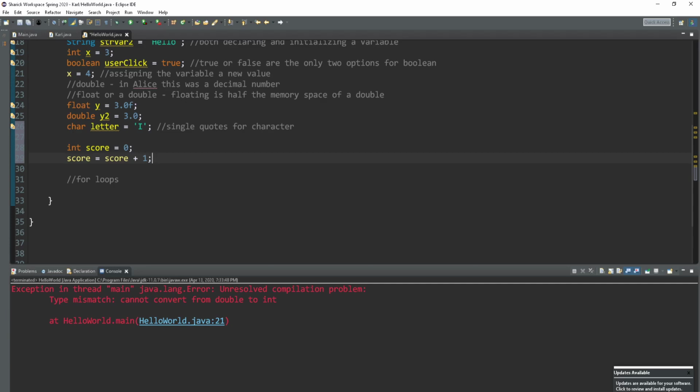Java has 2 shortcuts for doing math to a variable. The first one would be plus equals 1. And then the next one, which a few languages do, but Python, for instance, does not like this syntax, is score plus plus. All 3 of these add 1 to that variable. Now, you can do things like score -1, and that would be score minus equals 1, and score minus minus. All 3 of these actually work as well